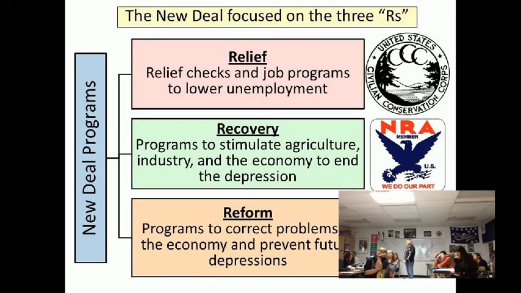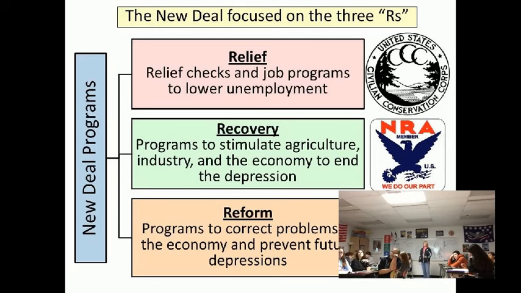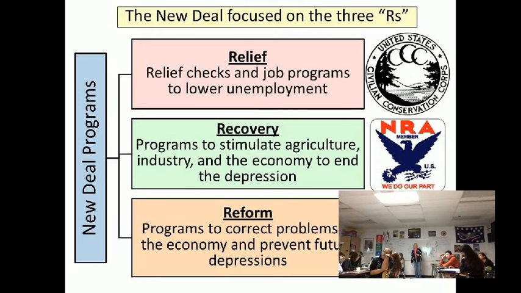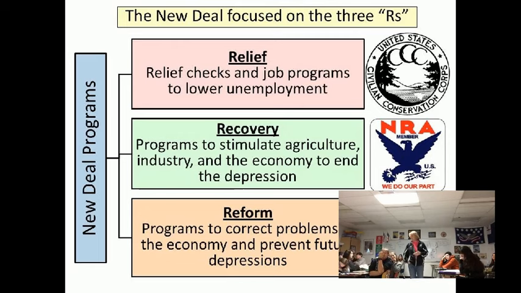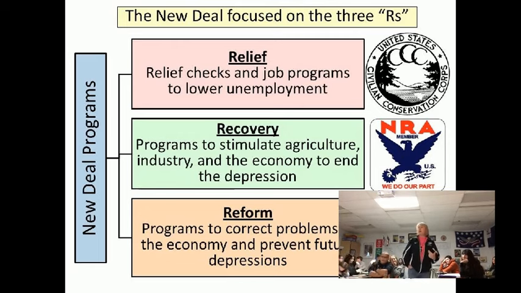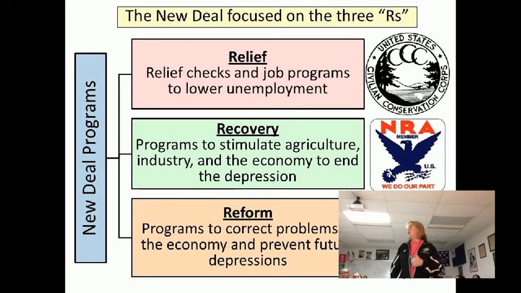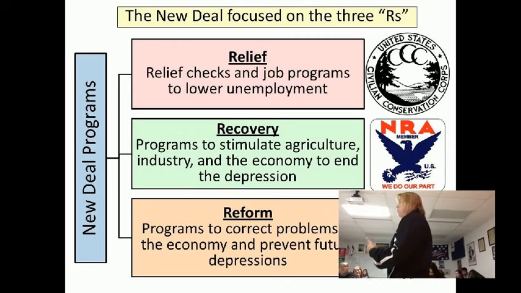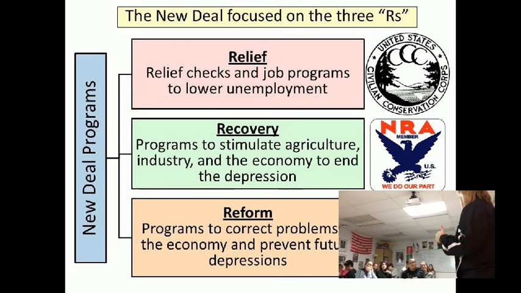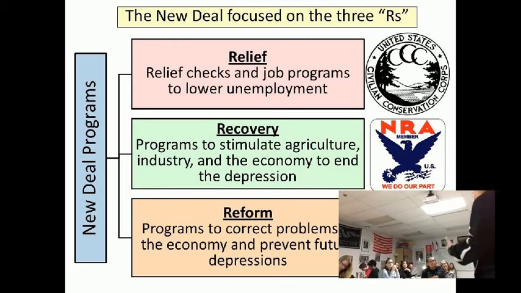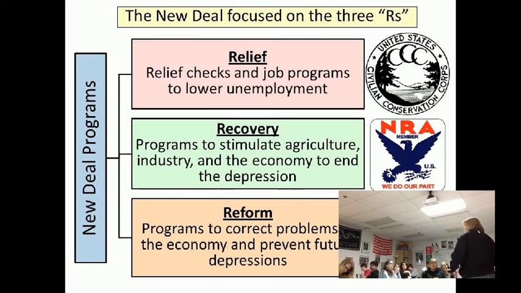When we look at the New Deal, it's known as the 3 R plan. There were 3 R's that are part of his New Deal plan. The first thing he wanted to do was provide relief for the American people. They're struggling, they're suffering, so we need to provide some sort of immediate relief for them. Then he wants to recover, build a recovery system in our country. How can we climb up out of this economic depression? And then finally, once we get out, how do we protect ourselves from this happening again? So that's reform. So the 3 R's: relief, recovery, and reform. And what we're going to look at today primarily is the relief and what he did there.